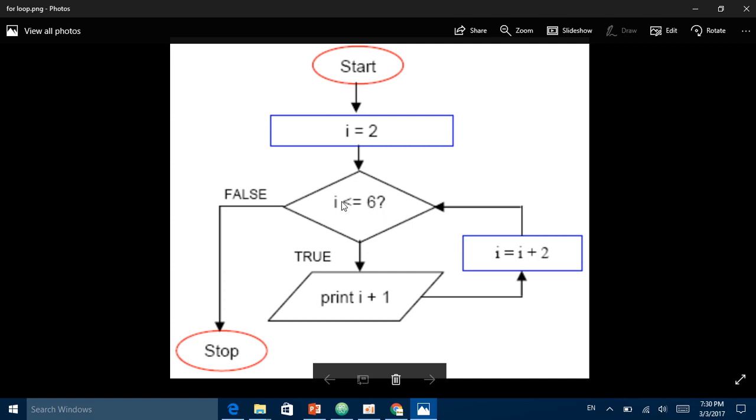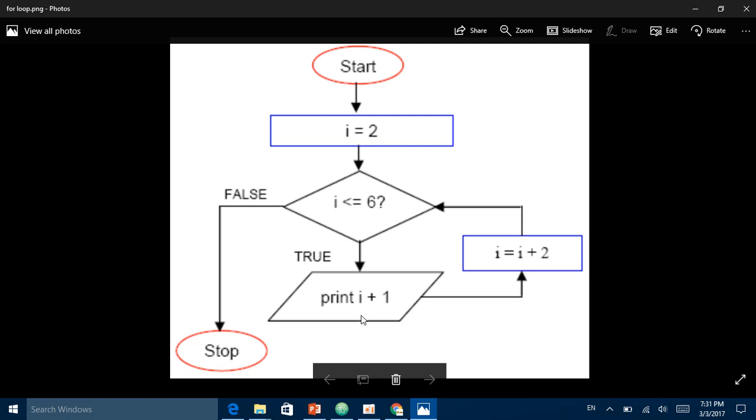And what is the value of variable now? It is 2. Okay, now first time the value 2 is less than 6. Yes, and go here and print i and plus 1. Okay, so after that go and check the condition back again and go here, and here the value of loop is 1 plus 2, 4 and 5, and 5 is less than 6, and come right here and